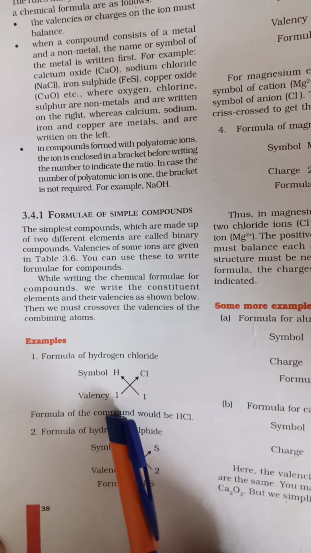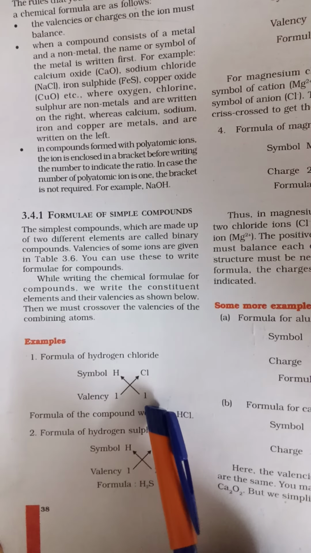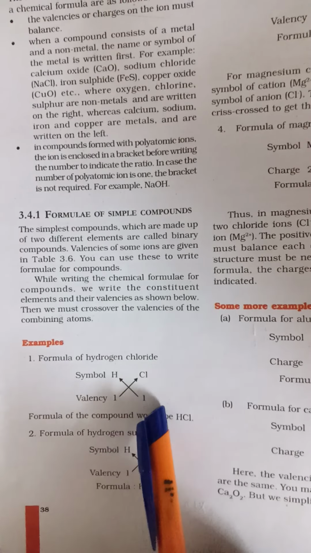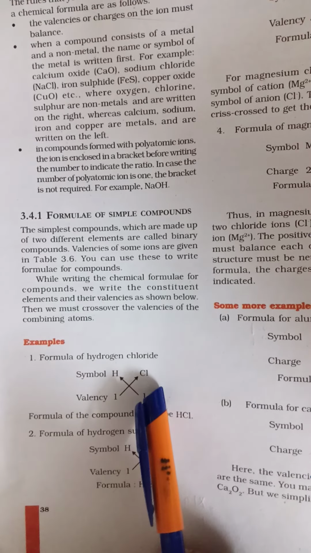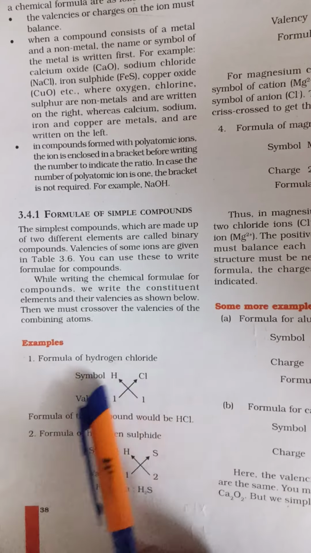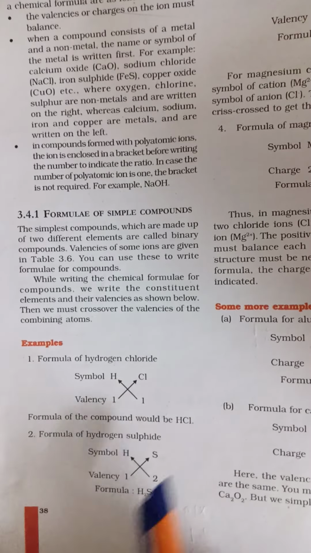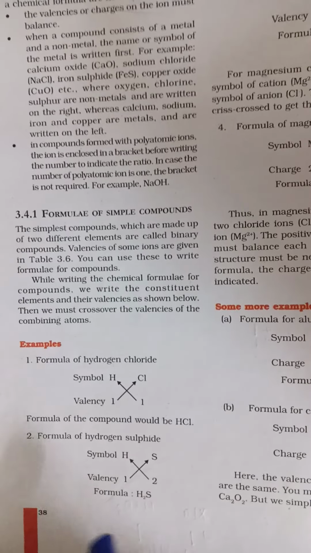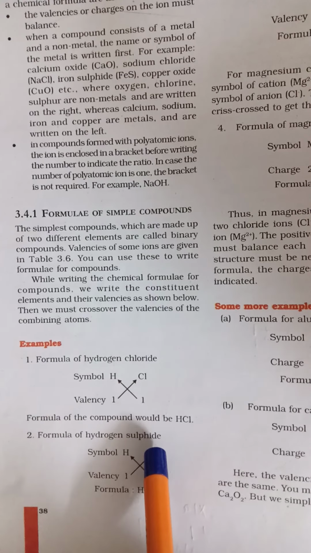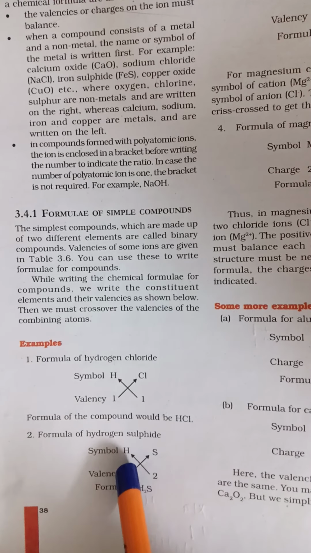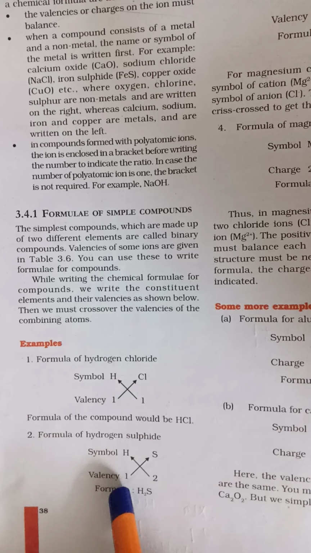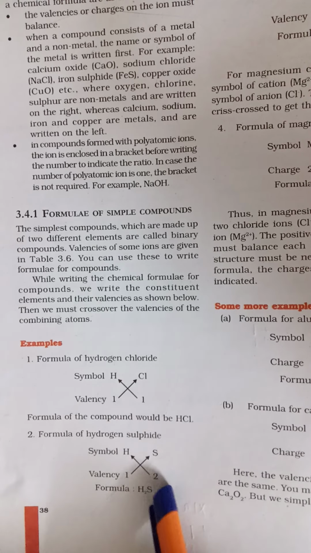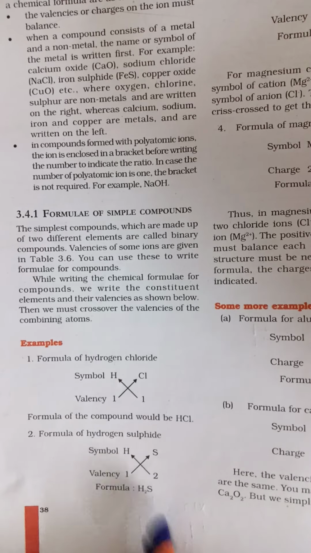Hydrogen's valency is 1 and chloride's is also 1. When they have the same valencies, when you do crisscross, we are not supposed to write 1 or 1 here, because when no number is there, it is understood to be 1, so we can write directly HCl. Now the second is hydrogen sulfide. The symbol of hydrogen is H, sulfide is S. You will represent their valencies: hydrogen valency 1, sulfide 2. So you will exchange the valencies, and you will get H2S.